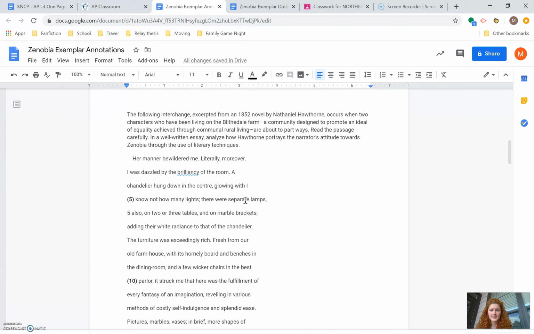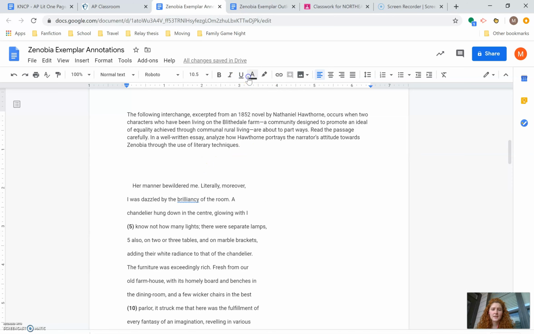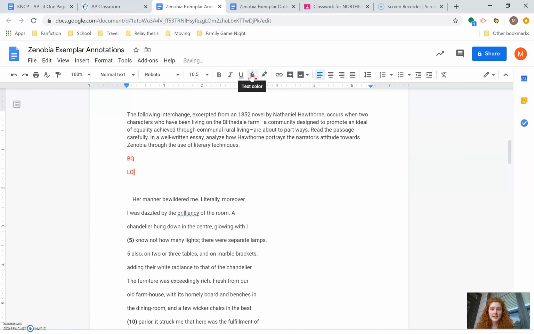Moving into the actual essay. There's a few tips and tricks I really want to emphasize for you guys. The annotation strategy that a student has recommended and that I think works really well is to not even bother with highlighting, but to actually write your thoughts directly into the passage by clicking on the text color and changing the text color to what it is that you want. So you can say something like big question and little question here. And so when you break this prompt apart, you don't have to move it anywhere else. You could start putting your thoughts into the actual paper.